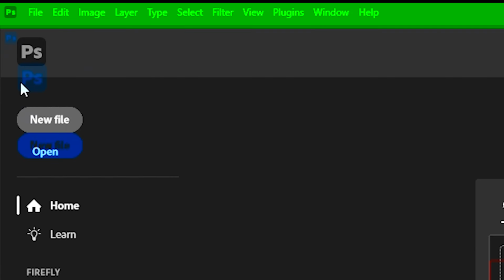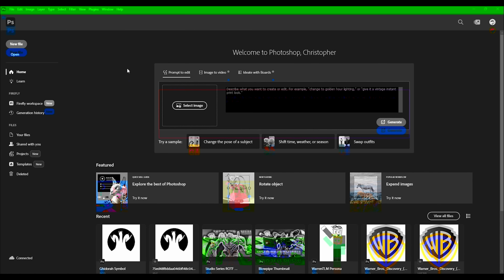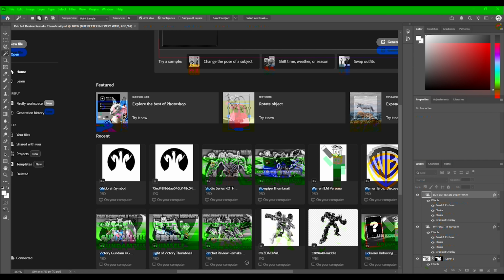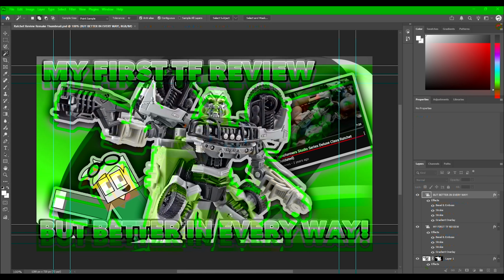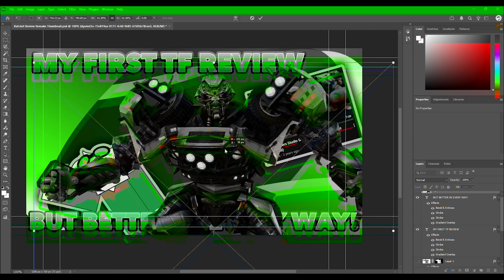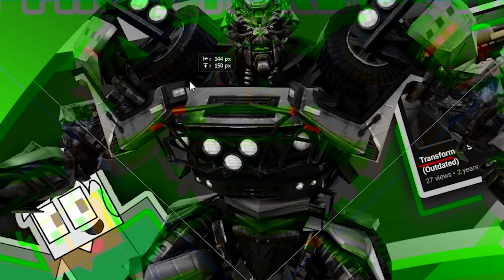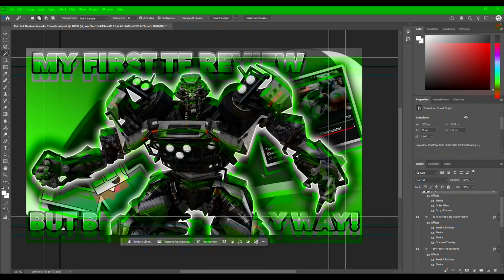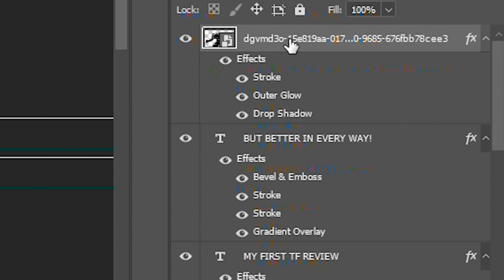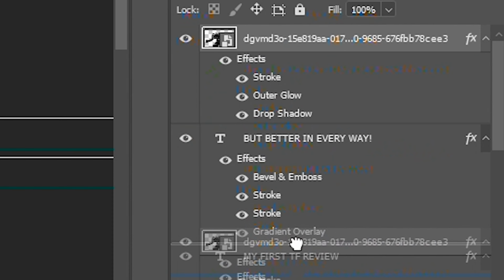You want to know what I actually use? This is what you call Adobe Photoshop. Adobe Photoshop is an artwork making platform, obviously, if you couldn't tell by the logo. If you're creating a thumbnail, for example, you basically take any image you can find on Google, put it right into the center of your little thumbnail, and then go crazy. And if you look at my Ratchet figure, for example, over where the layer panel is, you can see all the stuff that I added onto my thumbnail to make it look more unique, I would say.